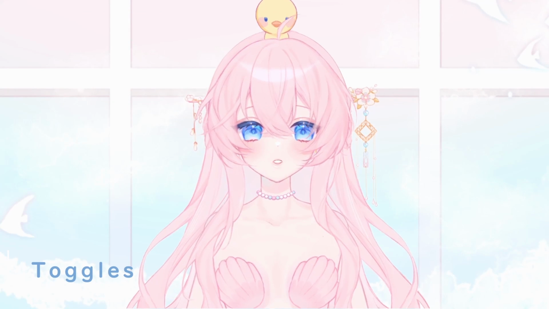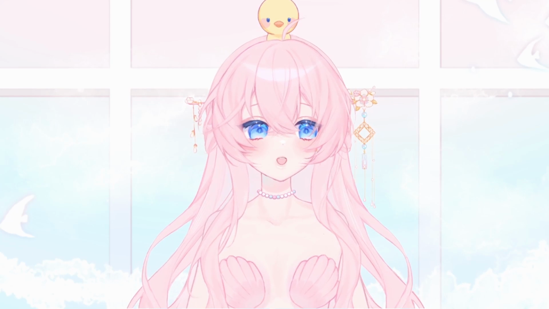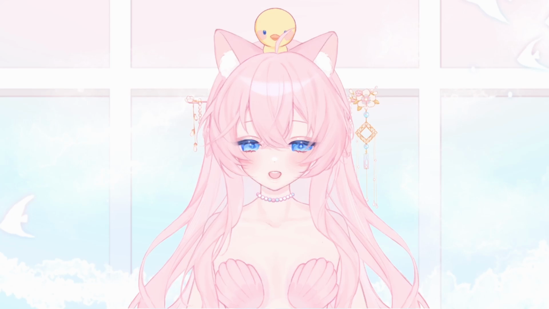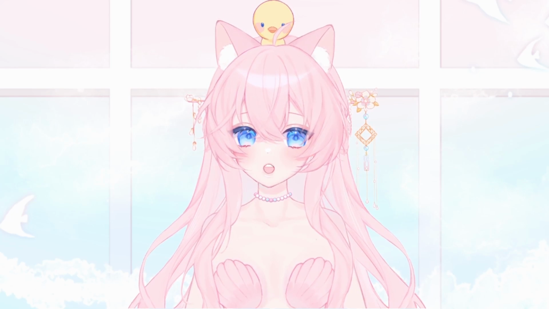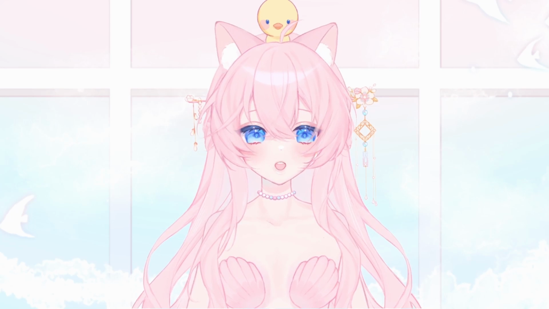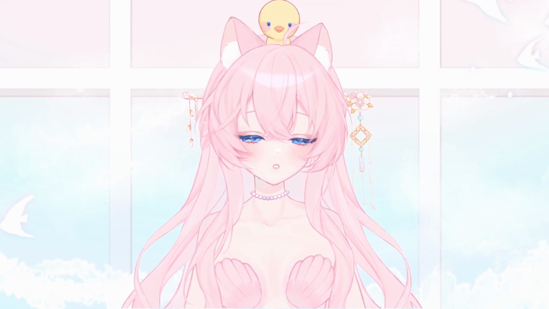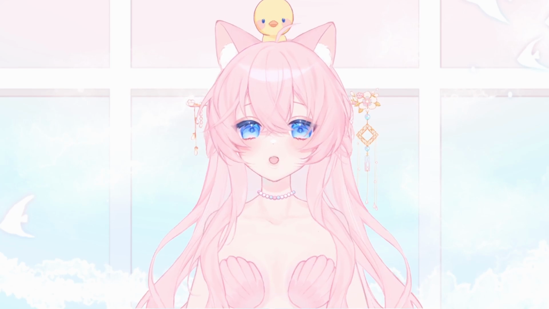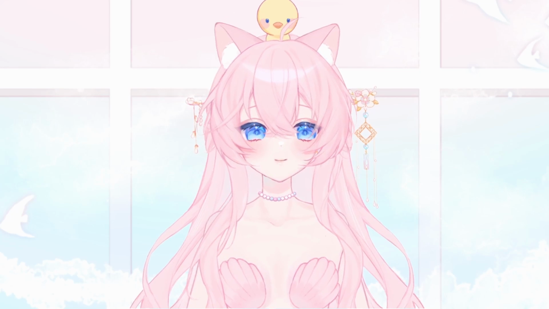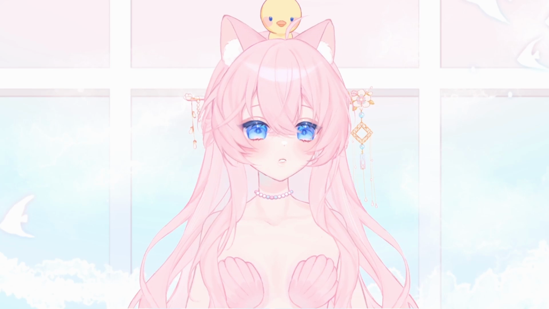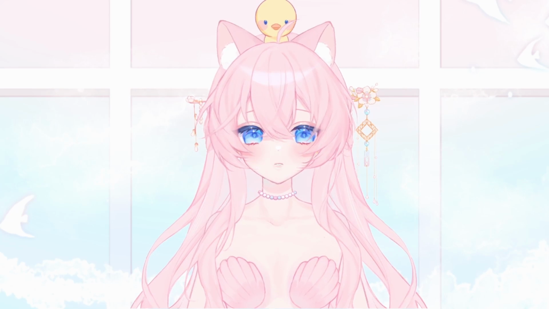This opacity rule goes for any toggles that you may want on your model. For example, any ear toggles such as this. Any changes in the ears will also need to have its own layer unless directed by the rigger. This is why your rigger also needs to work closely with your artist in order to figure out which parts and pieces are needed so that the rigging process can go smoothly. Other pieces could be accessory changes, hairstyle changes, and any outfit changes.